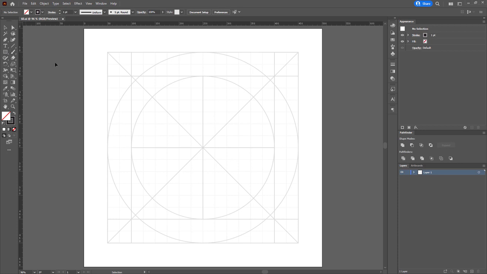In this class, we are going to learn how to design a microscope icon. So, without any further ado, let's get started. First thing we are going to do in order to design this icon, we will grab the rectangle tool